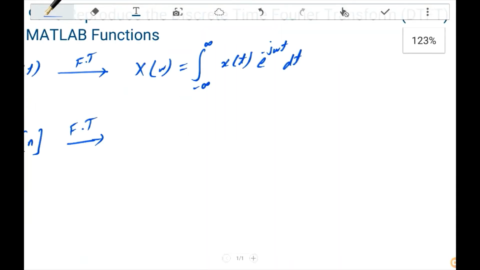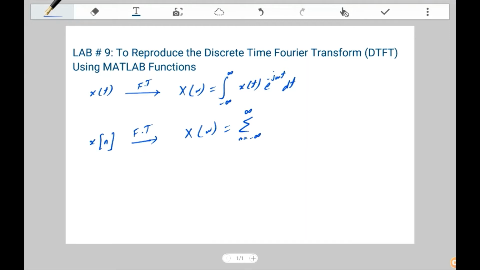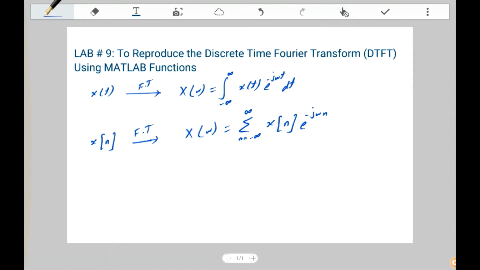The difference is that we replace this integral with a summation sign, and the range will be minus infinity to infinity. x of t will be replaced by x of n because now we are talking about a discrete time signal, and the exponential will be minus j omega n. So this is the method used to convert a discrete time signal into